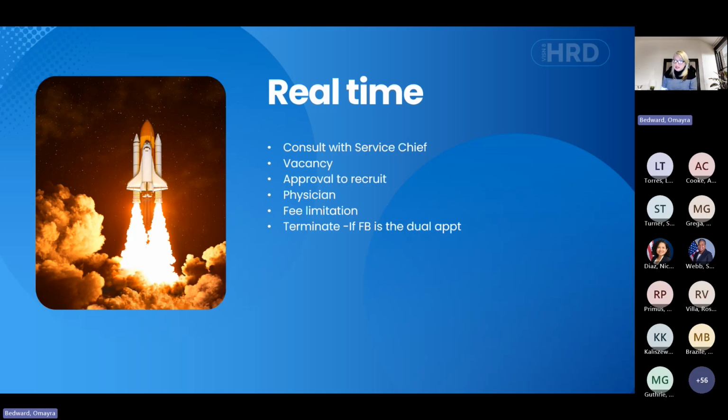They are treated as a separate appointment, and you have to have everything that you need to ensure that that recruitment file is complete. Other things that you might want to bring up, and I did come across this many times, is that they would just go ahead and think of that dual appointment, that fee basis, as a perpetual kind of appointment.